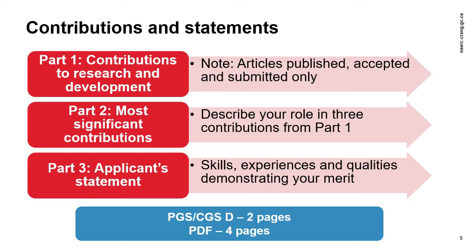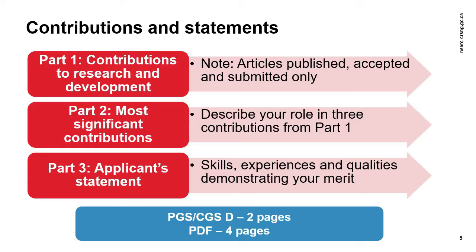Here, you can list articles that have been published, accepted, and/or submitted to peer-reviewed journals or publications. Publications that are in preparation, but which have not been submitted by the application deadline, cannot be included. If you list any co-authored publications in this section, these entries should include a brief description, 1 to 2 sentences, specifying your role in the publication, or the rationale or practice used to determine the order in which the authors are listed. In other words, why you are listed as the first, second, third, fourth author, and so on. If you wish, you may use a percentage to approximate your portion of the contributions instead.